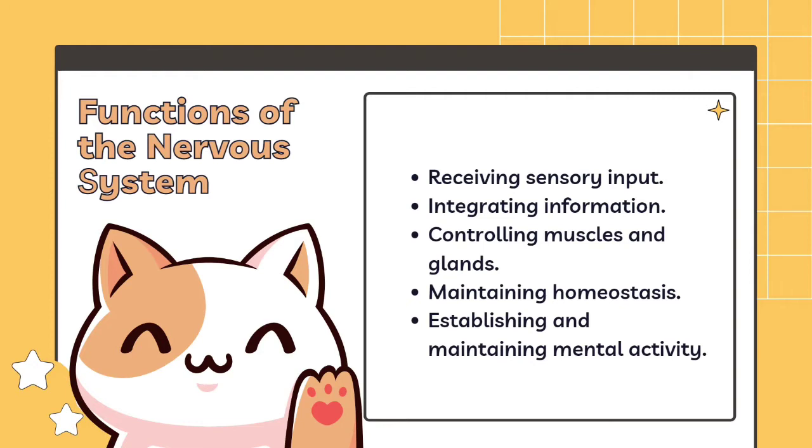The fourth one is maintaining homeostasis. The nervous system plays an important role in maintaining homeostasis. This function depends on the nervous system's ability to detect, interpret, and respond to changes in internal and external conditions. In response, the nervous system can stimulate or inhibit the activities of other systems to help maintain a constant internal